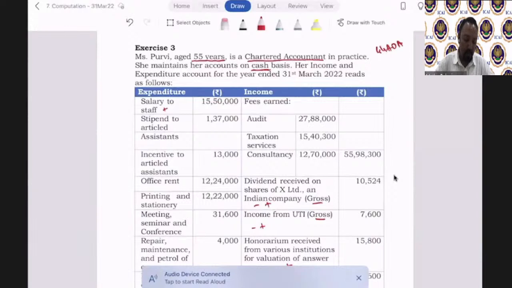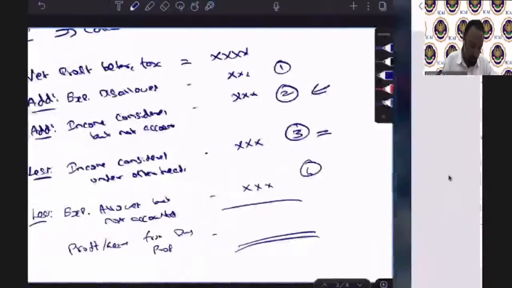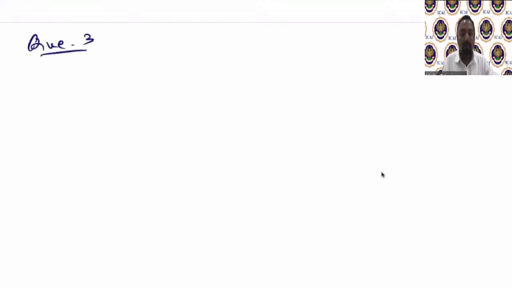So what you do, you'll have to actually compute whatever it is about. Just give me a second. So now we'll go ahead and solve question number 3. Okay, so we'll solve question number 3. So we'll have to do what? I'll start with the heading itself. So you'll have to say